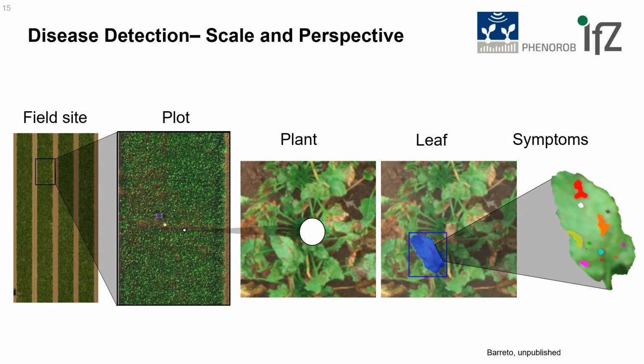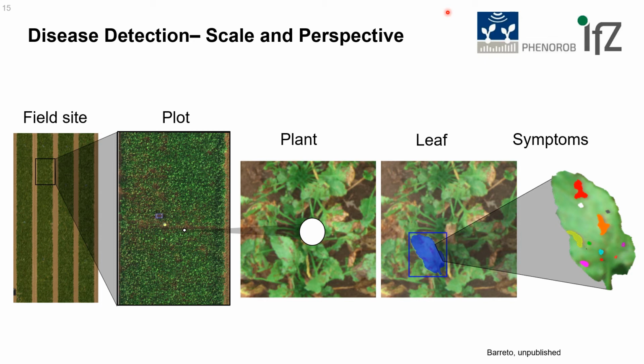Yeah, but still until today, the disease detection in the field is a significant challenge and influenced by the scale and the perspective. So the data quality is really crucial on that. And also the resolution and the temporal availability is very important for disease detection. And on this slide, you see UAV multispectral images of an experimental sugar beet trial with Cercospora leaf